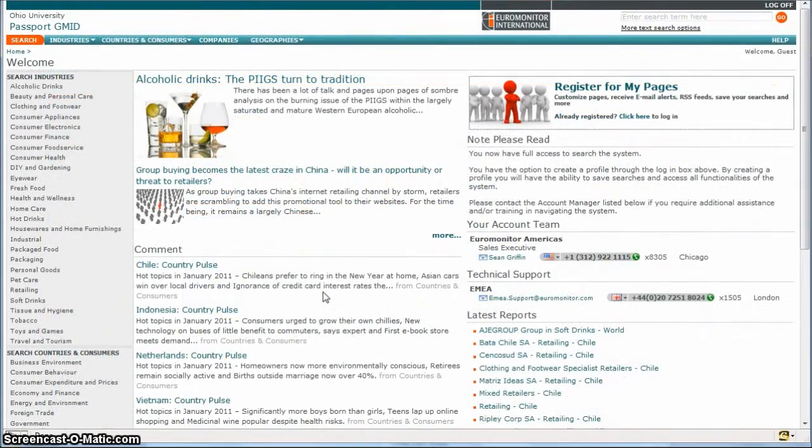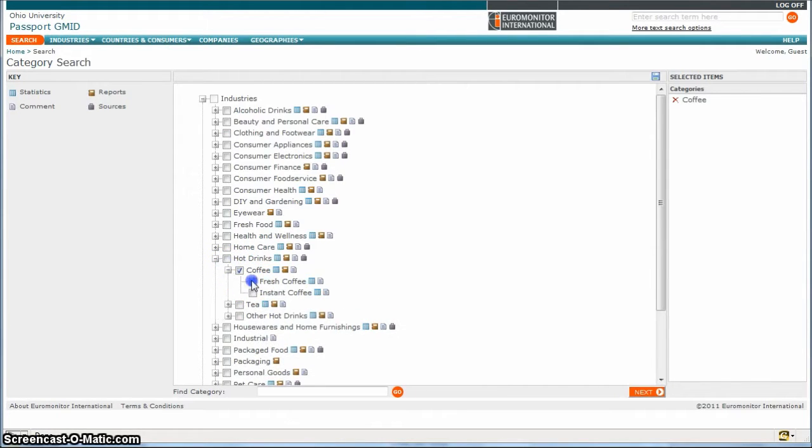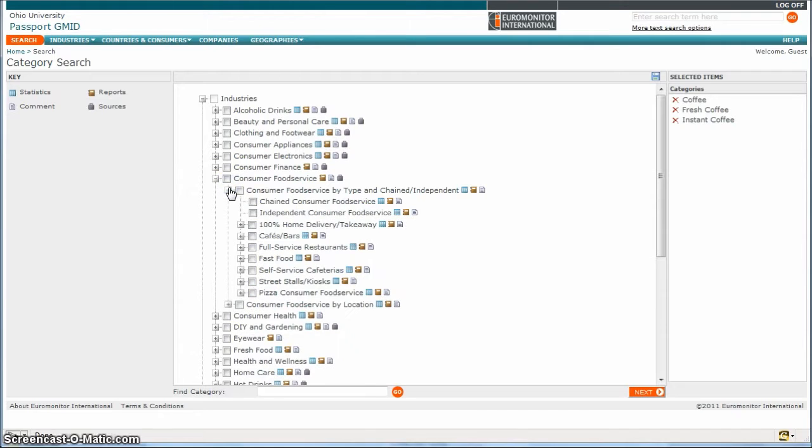The next database to look at is Passport GMID. Once you get here, if you just go over and click on hot drinks, that's going to take us to these drop-down menus where we can go in and select various things to look at. So we'll just grab a couple things there. You'll also notice there's a consumer food service section, and if you keep clicking down here, you can actually find